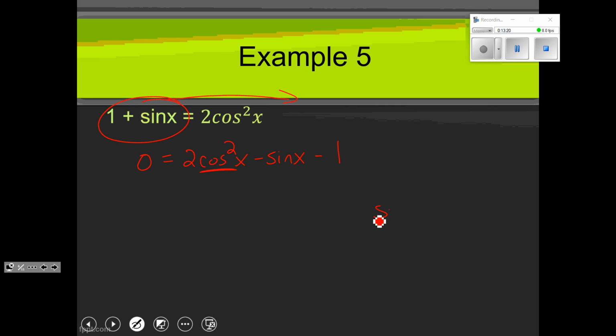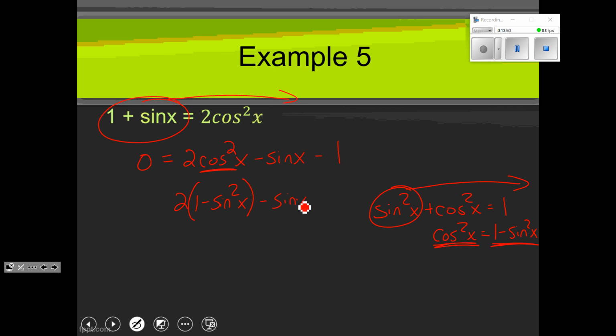And if you look at your Pythagorean identity, could I solve this for cosine squared x? And you could. You could move the sine squared x over, and you get 1 minus sine squared x. Okay, so what's cosine squared x equal to? 1 minus sine squared x. Well, okay, so I can plug in 1 minus sine squared x